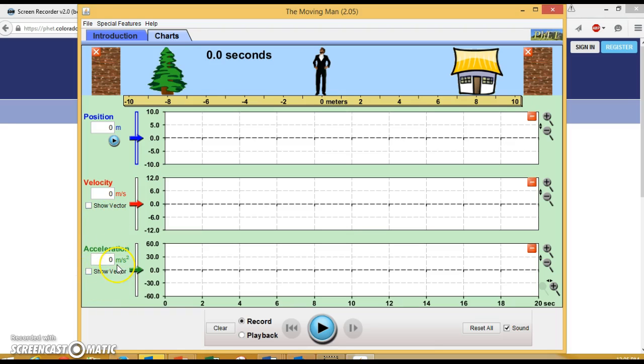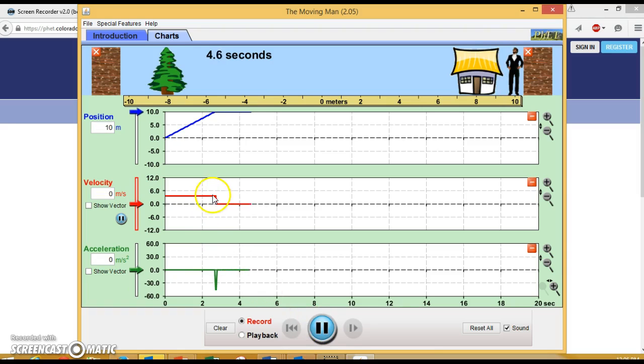We don't really need to look at the acceleration graph at this time, but we can start him off at 0 meters, and let's say that we want to increase his velocity to 6 meters per second. So you're going to give him, pick some number, a positive velocity to the right in a positive direction. And so if we let him go,